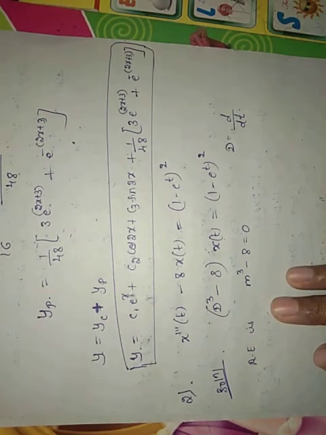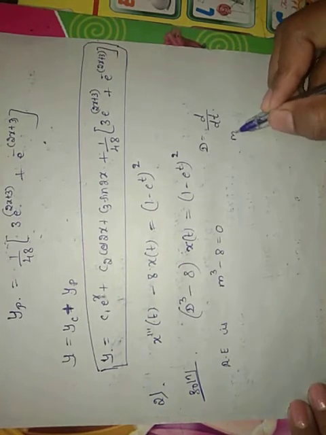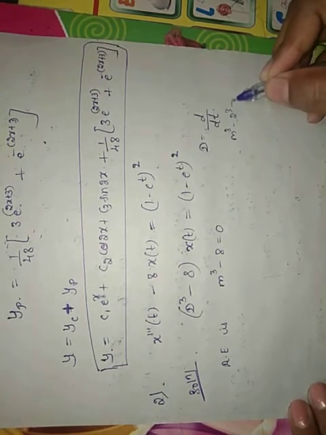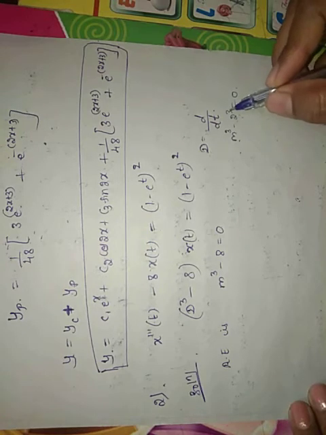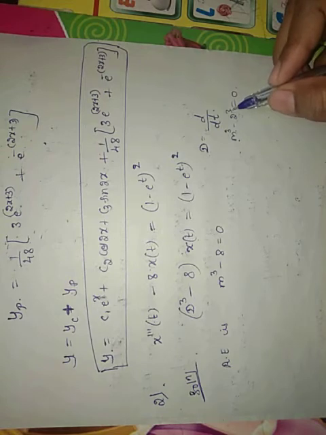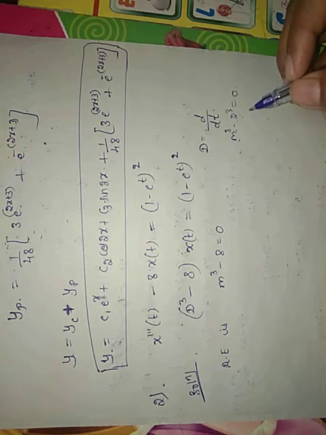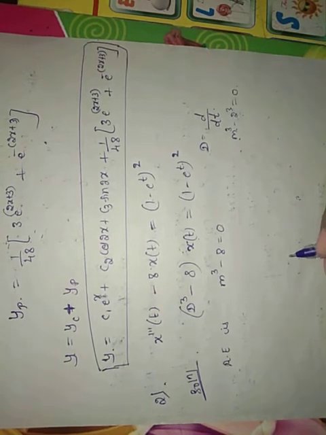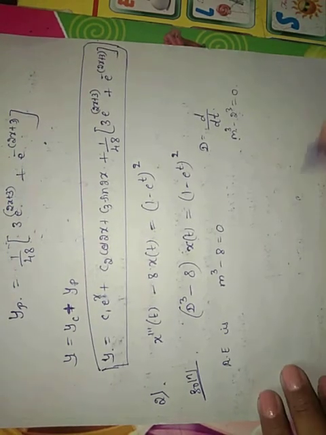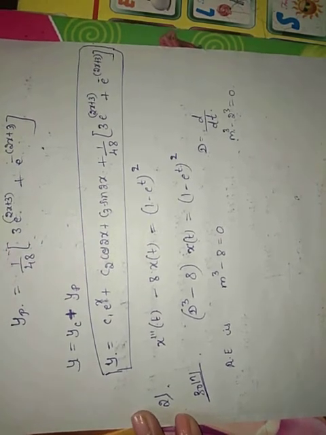So here the auxiliary equation can be solved, meaning finding the roots can be done in two ways. One is directly applying m cube minus 2 cube equal to 0, that is a cube minus b cube formula. Sometimes it is difficult to remember the formula, so we can go with the usual inspection and synthetic division methods. So I am directly taking the synthetic division and inspection methods here. I am not following the direct formula here.